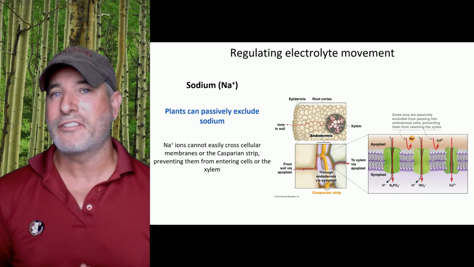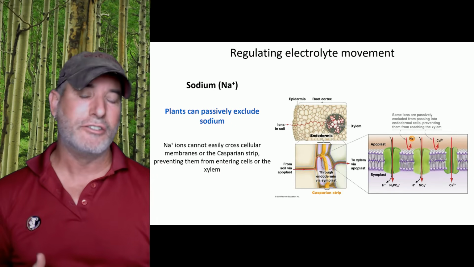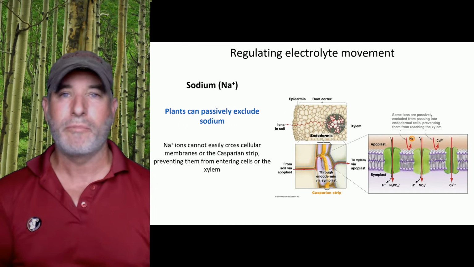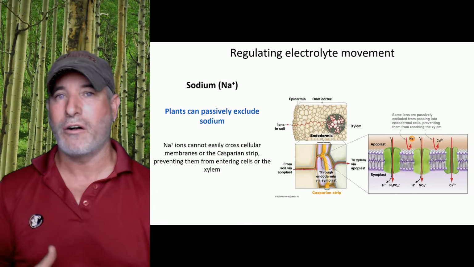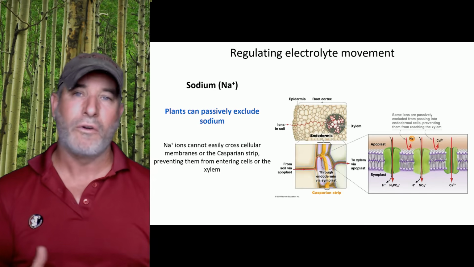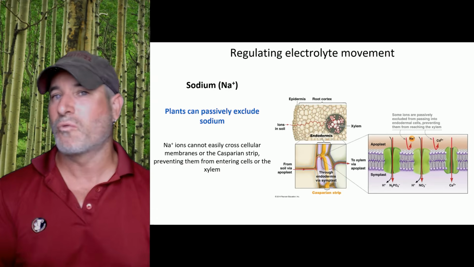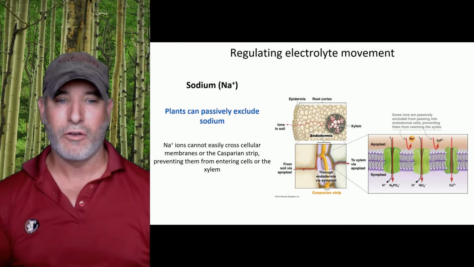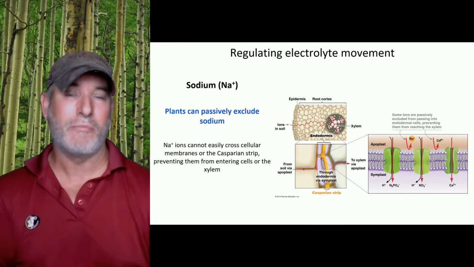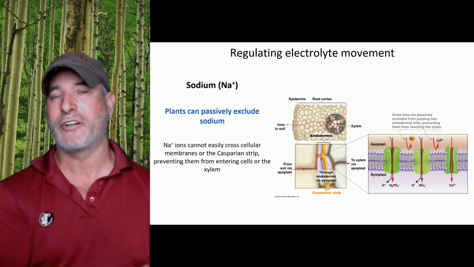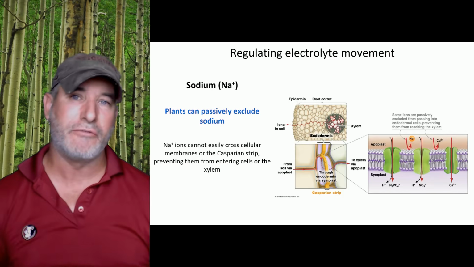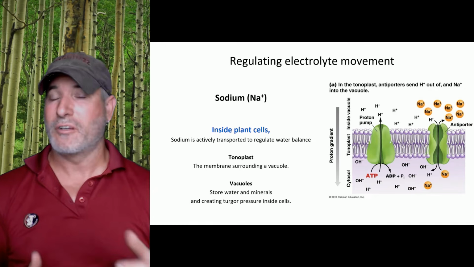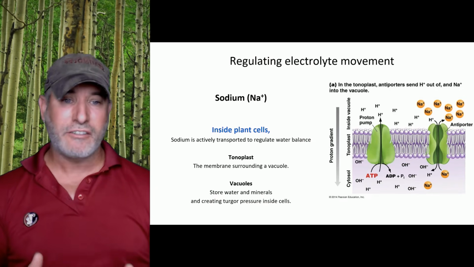So the way that plants get around this is they passively exclude sodium. Remember, sodium ions cannot pass the Casparian strip. They don't enter into cells very well. They don't get through the membranes, which are selectively permeable. And there's no real ion channels for them like there are for calcium and potassium for them to go through. So cells and, scaling up, roots prevent sodium from entering the vascular tissue, specifically the xylem. However, some sodium does get into cells, and sometimes